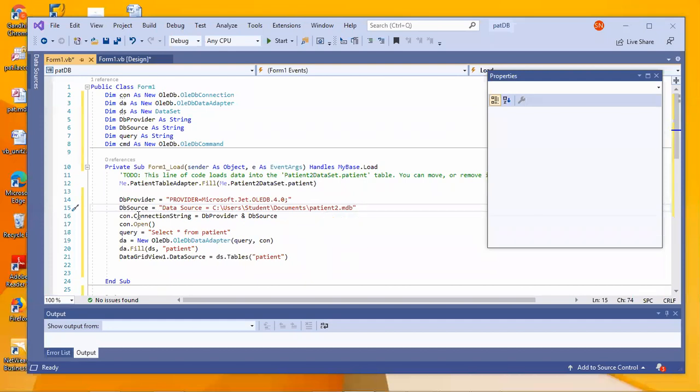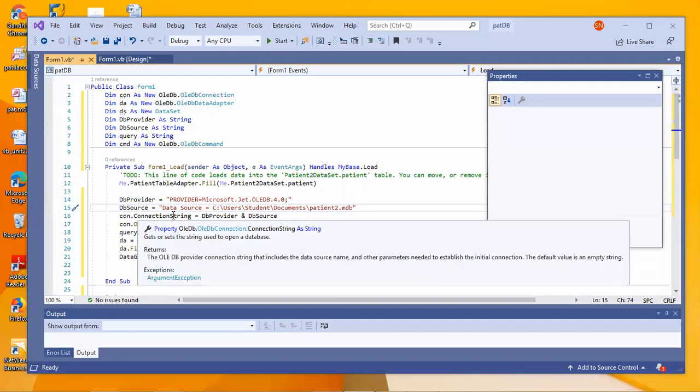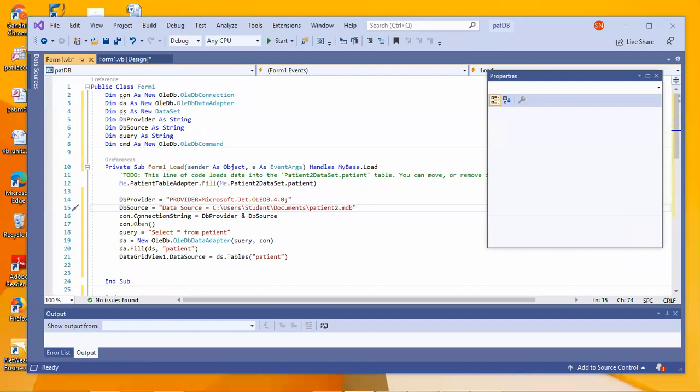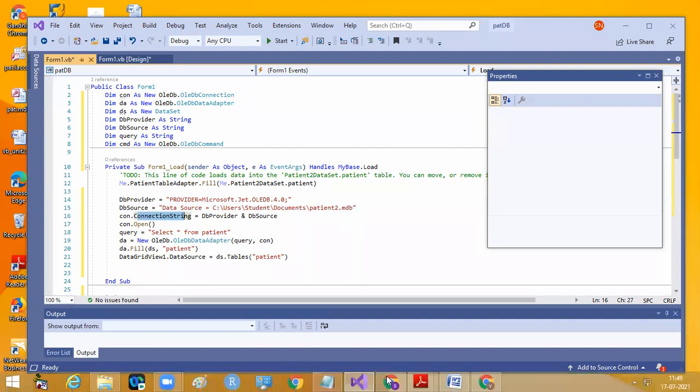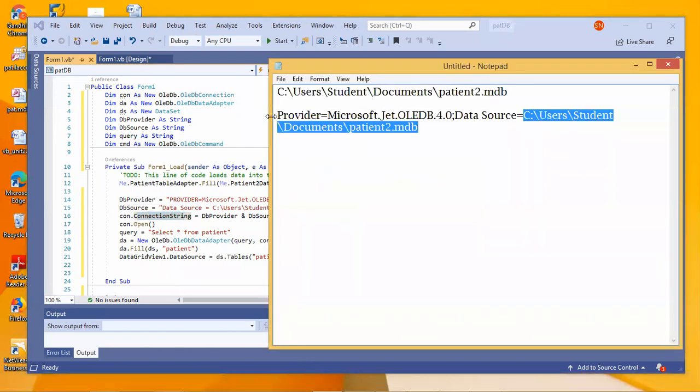The next one is connection string. You can see over here, con. What is con? Con is nothing but a connection. So con dot connection string. I need to give a complete string now. Complete string in the sense: complete provider and data source. I need to give complete details.